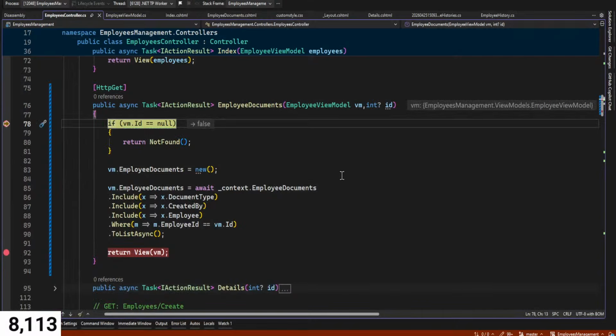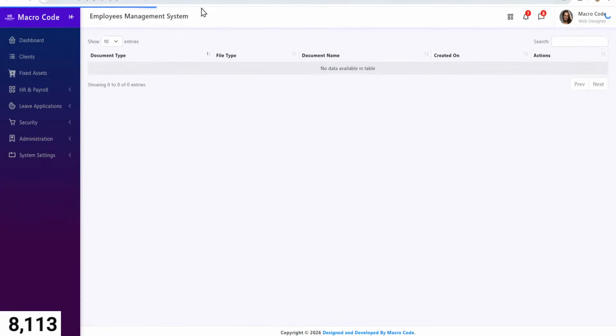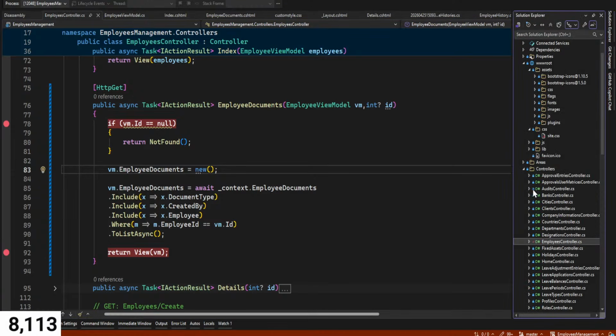Our ID is 6. If we proceed, our documents is 0. So you can see we have our list of employees here. I mean our documents here, it doesn't have anything. So if we go back,